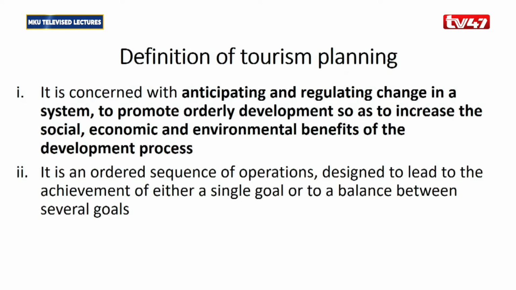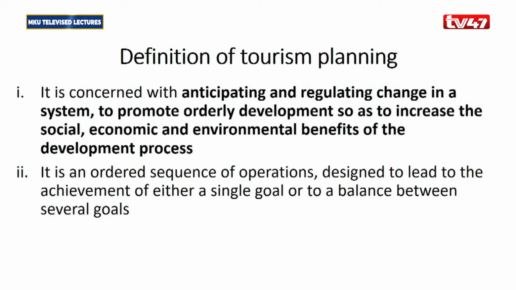So when you look at the definition of tourism planning, we are saying that it is concerned with anticipating and regulating change in a system to promote orderly development so as to increase the social, economic, and environmental benefit of the development process. In other words, whenever we talk about tourism planning, we want to look at that orderly development in an area. You cannot just develop tourism in a haphazard way. If you develop tourism in a haphazard way, then you can easily damage the environment, or the socio-economic benefits will not be evident to all the stakeholders. So the whole aspect of planning is aimed at orderly